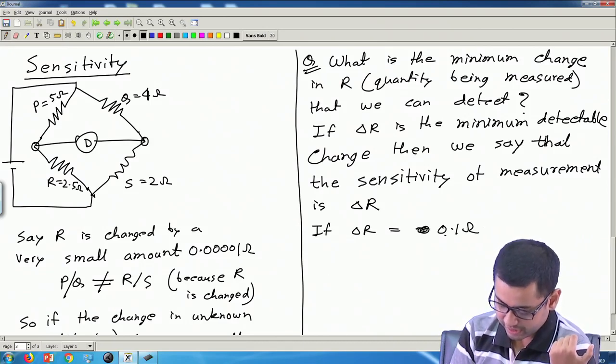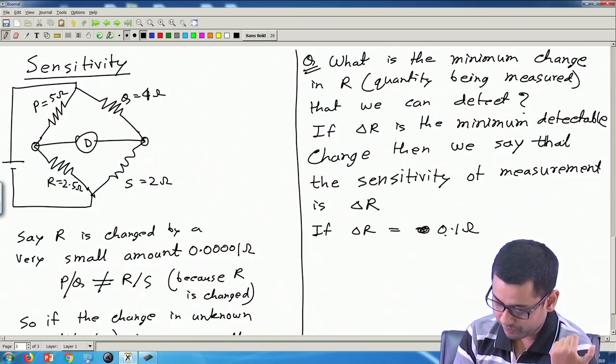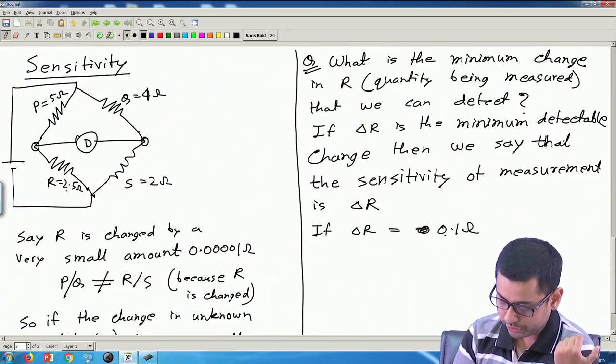That means we can distinguish between 2.5 and 2.6 ohm. If the value of R is 2.6 ohm, there will be some observable current here, and the bridge we will say is not balanced. But if it is 2.5 ohm, then no current flows. So, we can differentiate between R equal to 2.5 and R equal to 2.6, but we will not be able to distinguish between R equal to 2.5 and say